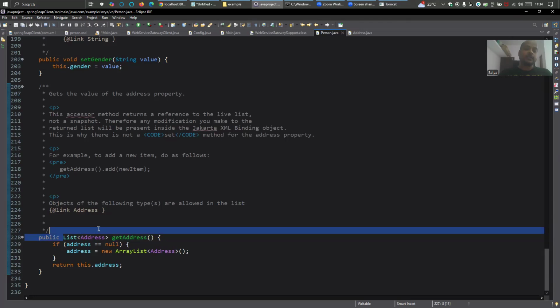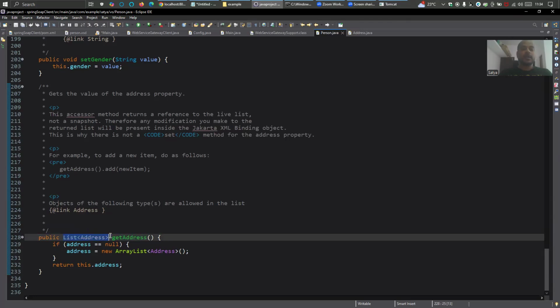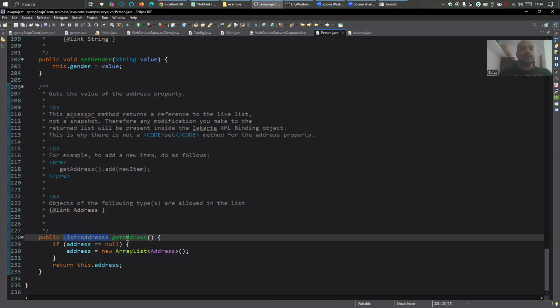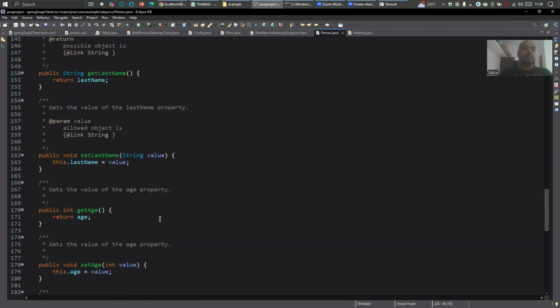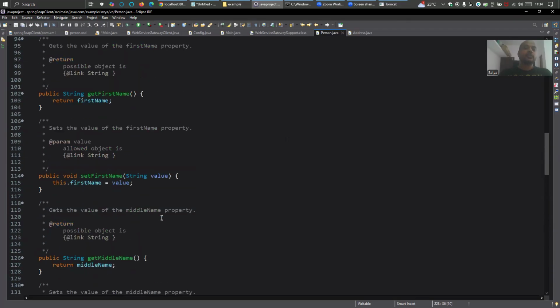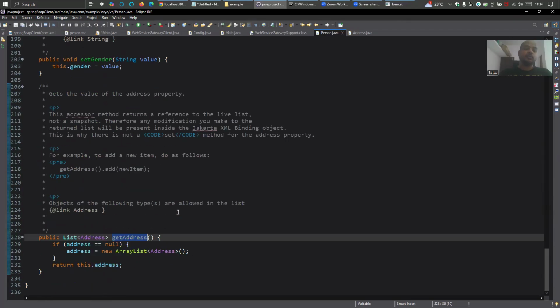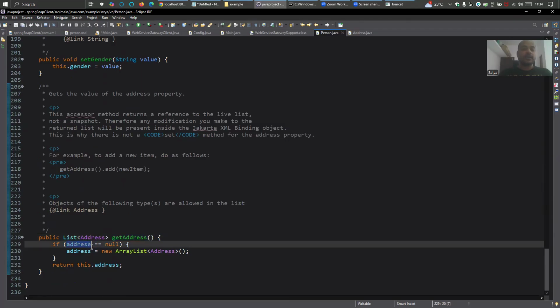What is it returning? A list of address. So you do get address, it will return the list, and then you add. There is no setter for this list. So this is the style you have to handle it in. When you do get address dot add, what will happen? It will check if the address is null. Yes, address will be null, so because it is not allowing us to add an array list,